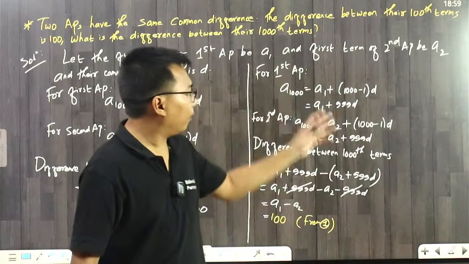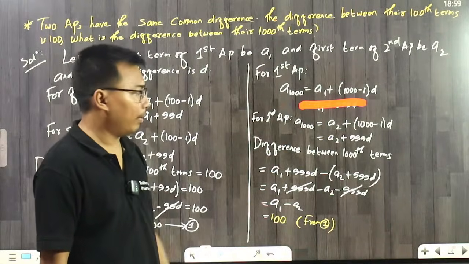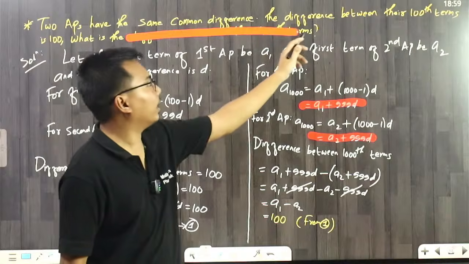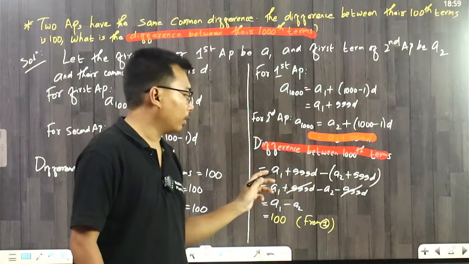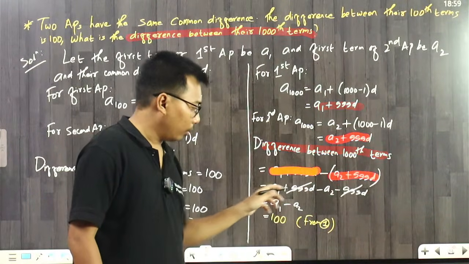Okay, similarly, this is the 1000th term for the first AP, this is the 1000th term for the second AP. Here we have to find the difference between the 1000th terms. So the difference between the 1000th terms is this minus this. So we solve it and we get